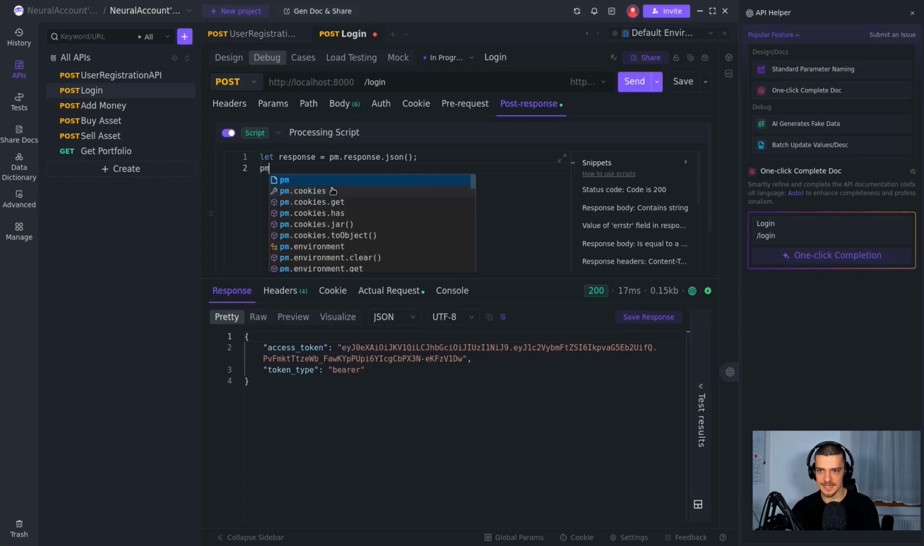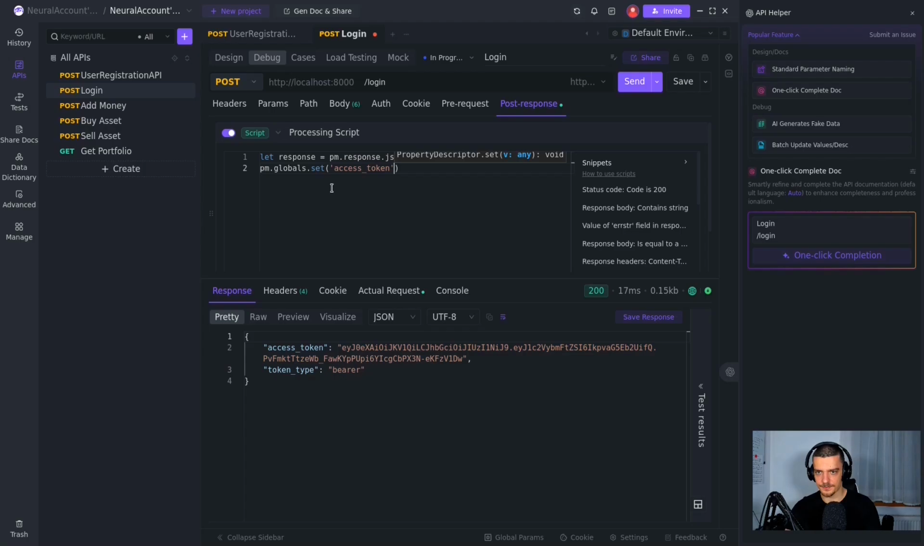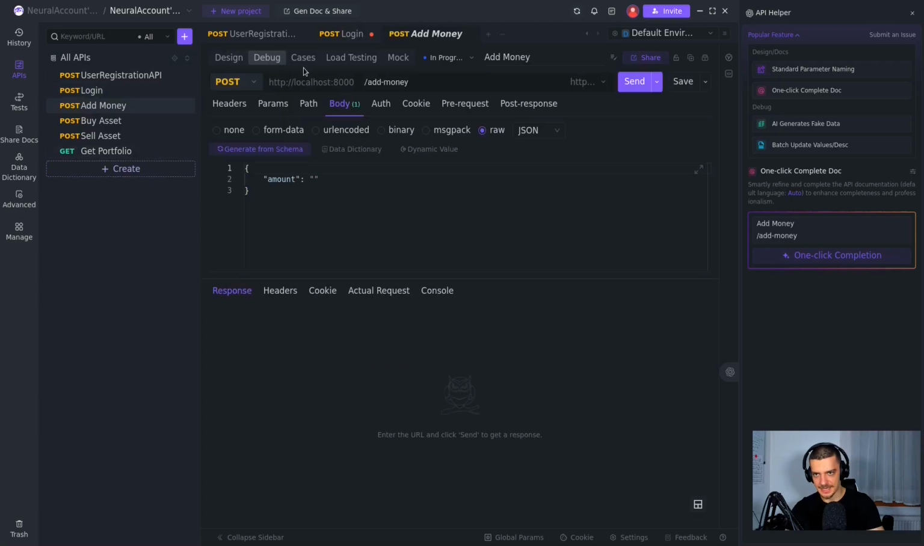And then I say pm.globals.set access token, and now I can set the field from the response. So response.access token. That is the access token, and now I can log in. This is going to be stored as a result of that, and then I can go to something like add money. And here now either I can use a pre-request script where I can show you the code, where you can do something like